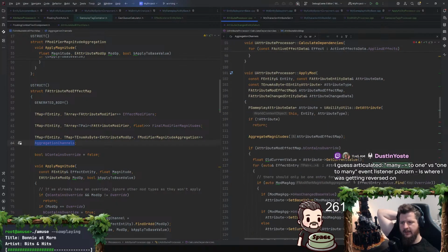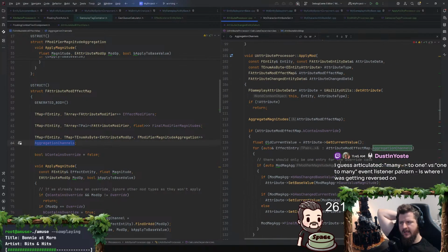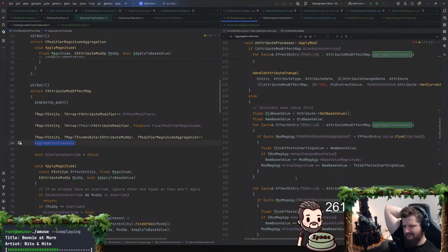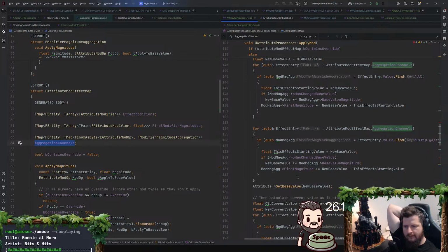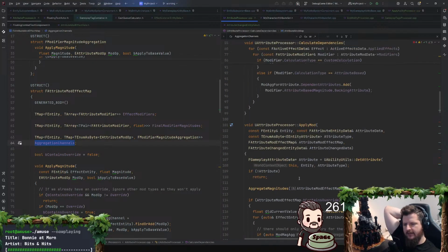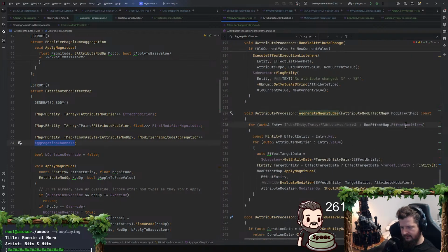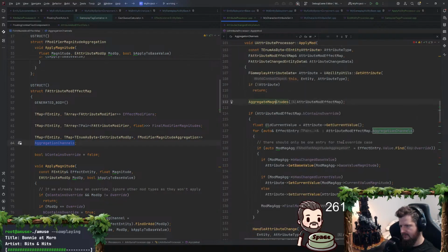That might not even ever actually work, because I iterate over the aggregation channels, and nothing's been put in the aggregation channel yet. Yeah, I haven't put anything in the aggregation channel. Aggregate magnitudes, is that where I pre-popped it? Oh no, I did the effect modifiers. Oh, yeah, okay, what I wrote is not going to work.